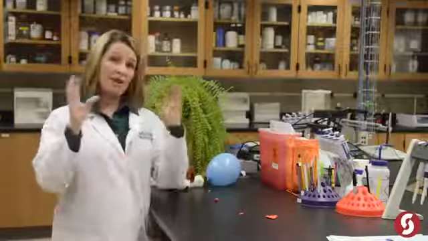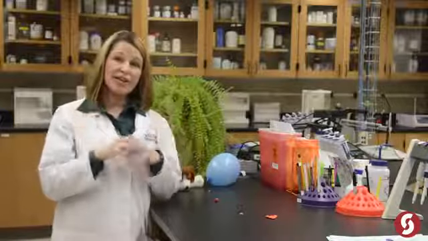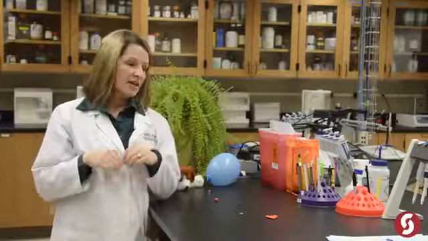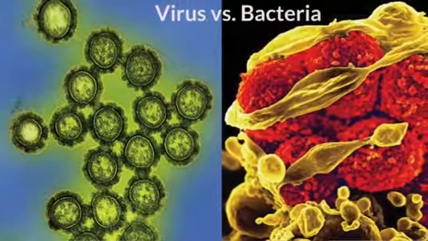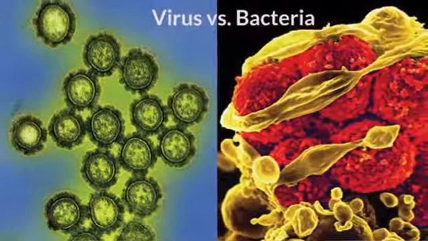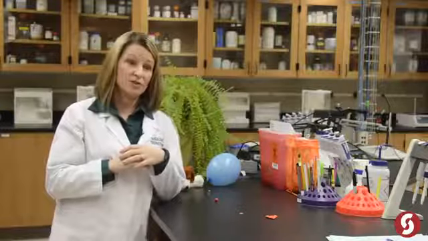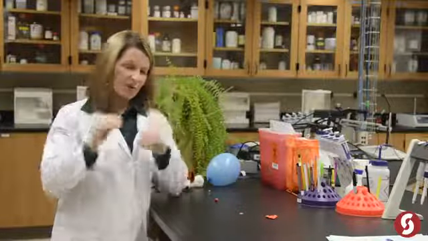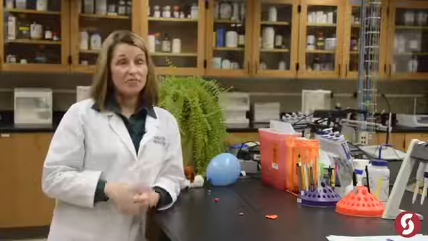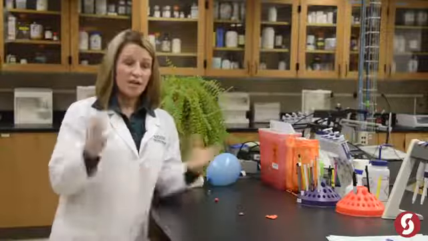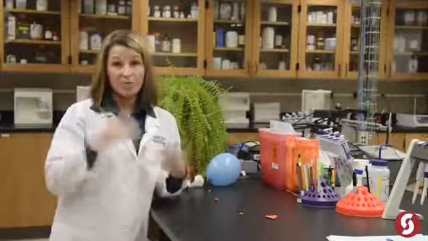So I said that they're both microscopic. That's true, but they actually are very different size-wise. Bacterial cells are very large compared to viruses. Bacterial cells can sometimes be 200 times larger than viruses, which is really interesting. But again, still both microscopic. Bacterial cells are very unique in that they are alive. They're individual cells. They're able to reproduce on their own.